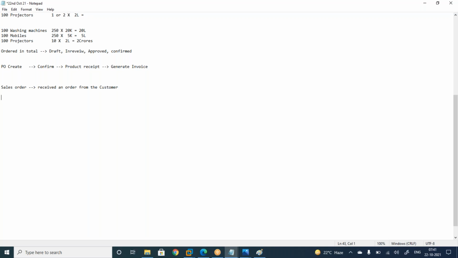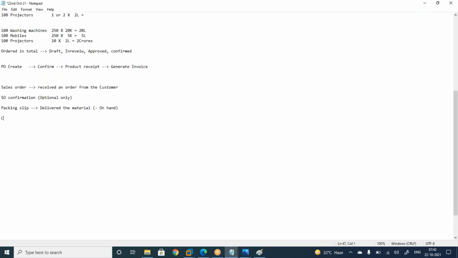Then sales order confirmation is available, but it is not mandatory. It is optional only. If you want to use it, otherwise you can skip it. Now the packing slip. Packing slip means delivered the material. Then on-hand inventory will be decreased, because I have dispatched the material to the customer.